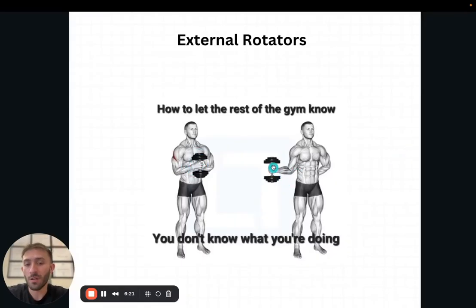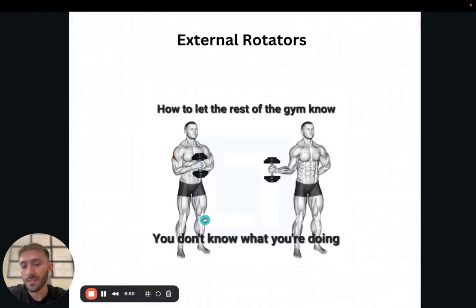When you're using a dumbbell, but you're standing up, if you can see how the fibers are on the rotator cuff, they go in a diagonal, right? They're not up and down. Let's say the bicep. The bicep is up and down, more vertical compared to the rotator cuff, right? So when you're doing this exercise, the load of gravity on the dumbbell is going down, right?